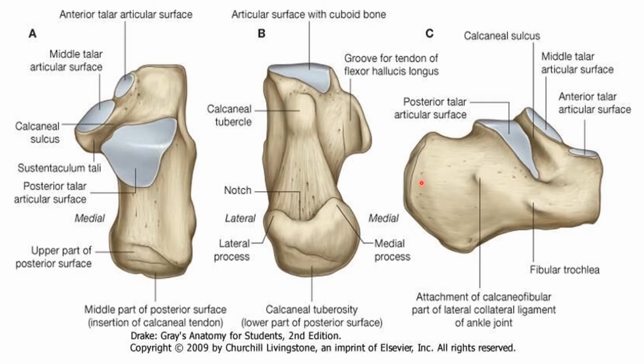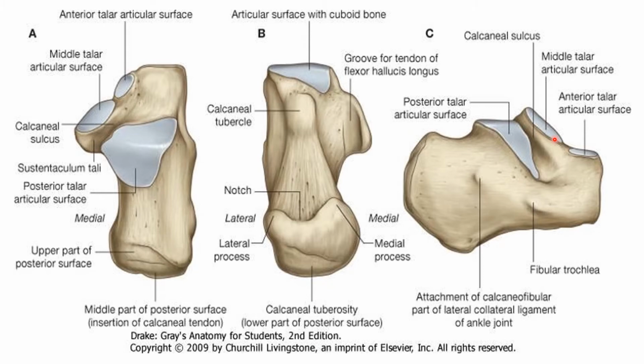So this is the posterior aspect, and this is the anterior aspect, which has the articular facet, so we can use these two features to keep the bone in anatomical position. The superior aspect can be distinguished from the inferior aspect as it bears three facets, while the inferior aspect of the bone is non-articular, where you don't find any articular facets.